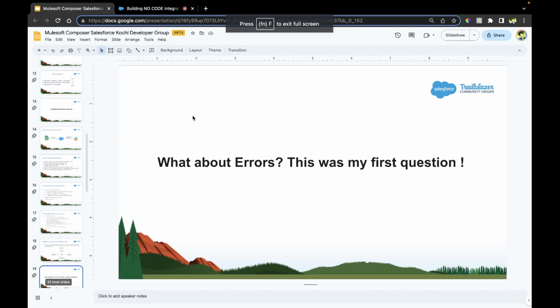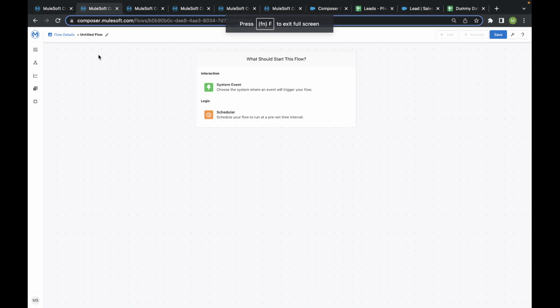Okay. So this is my MuleSoft Composer instance. Now, when you go and create a new Composer flow, you have these two options: one is system event, and another one is scheduler. If you want this MuleSoft Composer flow to be triggered when an operation has taken place in an external system, like in our case, whenever a new lead record is created or entered into a sheet in my Google Sheet, then this would trigger my Composer flow. Else,